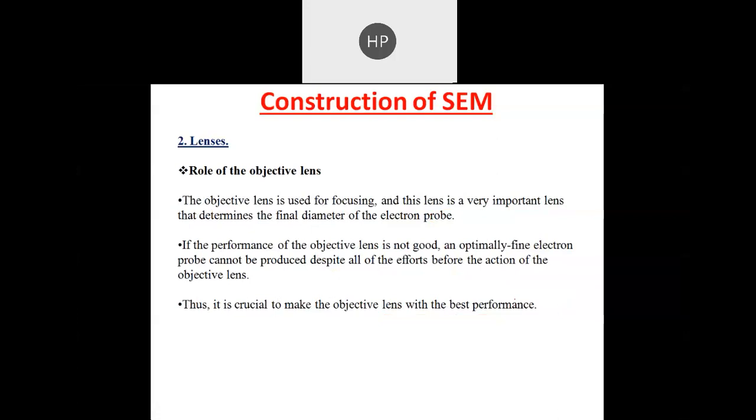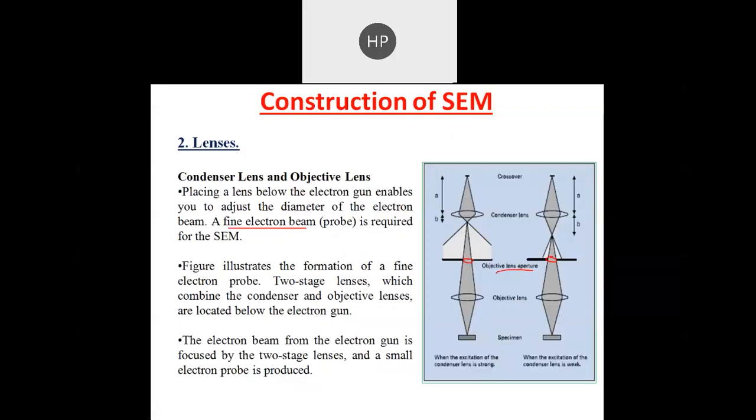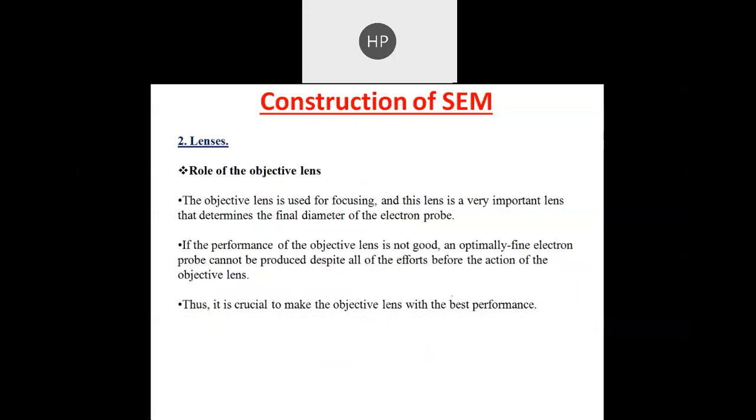The objective lens is used for focusing, and this is a very important lens that determines the final diameter of the electron probe. So now we talk about this objective lens. This is the objective lens. So what will the objective lens do? The objective lens is used for focusing, and if the performance of the objective lens is not good, an optimally fine electron probe cannot be produced